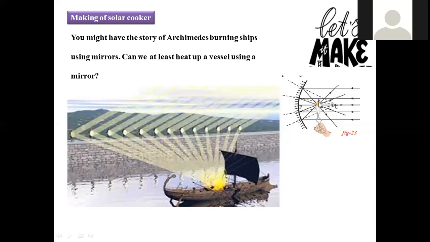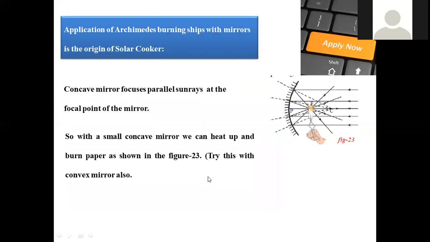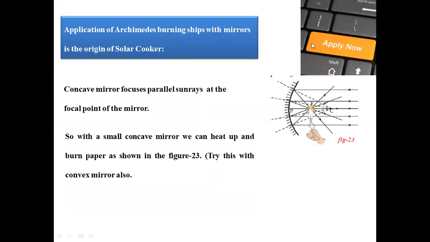When all light rays focus on a particular point, the intensity of light is enhanced to a greater extent, so there is a tendency of burning. If you place a paper at this position, that paper will be totally burned. It's clearly represented in this diagram. The same principle is going to be implemented here also. So how can we implement this?